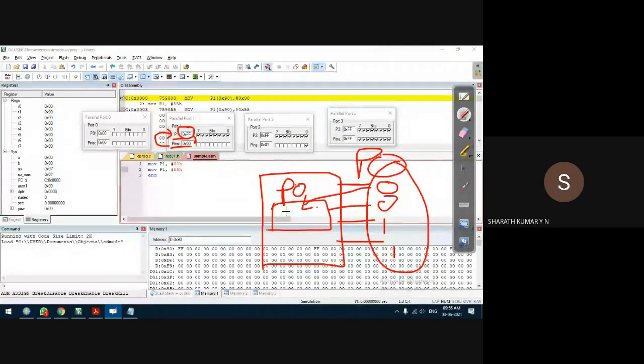Whereas if I load some data into port 0, it will be automatically transferred to the physical pins on the microcontroller IC. So there is a difference between the content of the internal special function register and the content on the physical pins of the microcontroller IC.